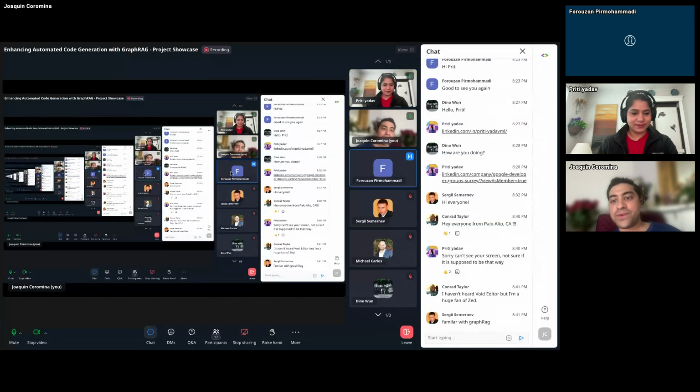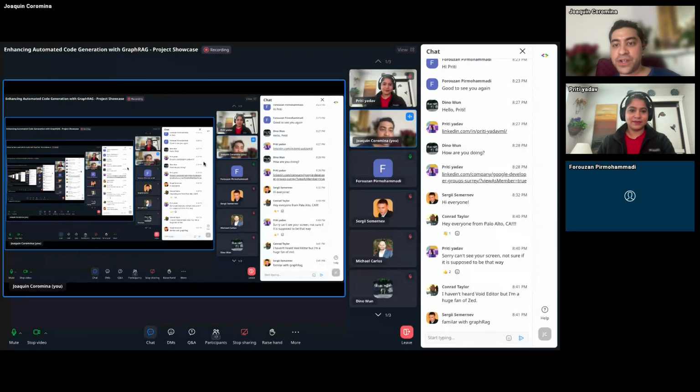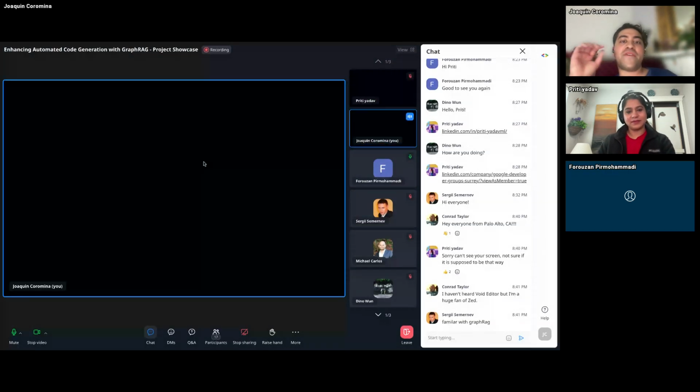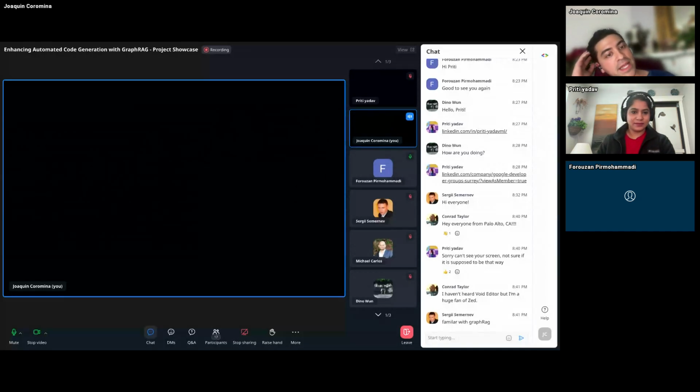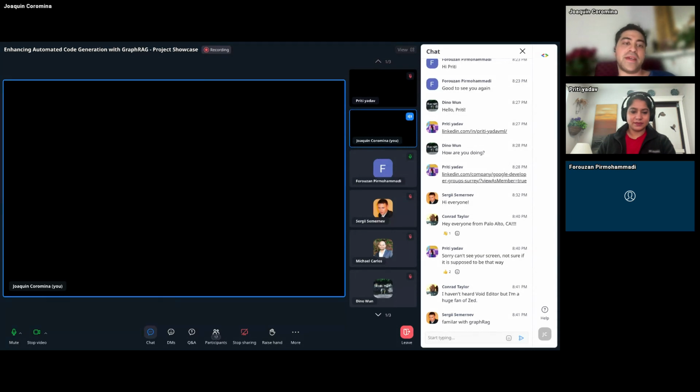Okay. So just to do a quick description of GraphRAG, reading off of this, GraphRAG is a method that combines retrieval augmented generation with knowledge graphs, allowing language models to generate more accurate responses through structured interconnected data retrieval. Or a simpler way that I define it is it's similar to traditional RAG, only instead of just breaking down the data or knowledge into chunks, you also connect the relationships of those chunks.